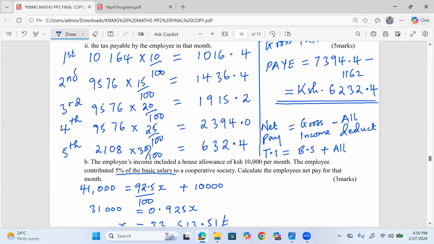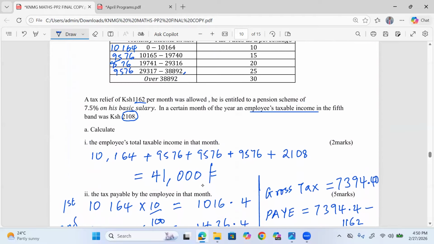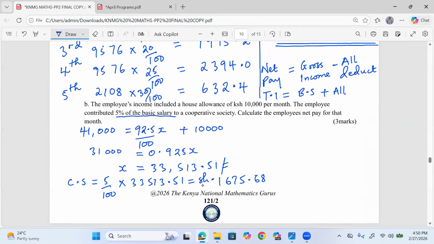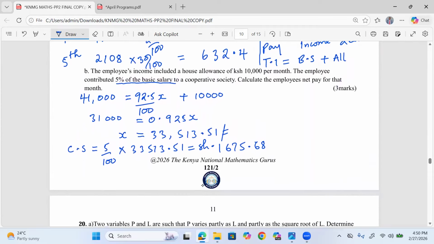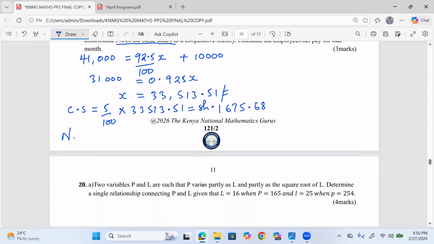The other deduction is the PAYE, and we have it there. Let me check any other deduction. The employee is entitled to a pension scheme. According to the pension scheme, we have already not included it in the taxation, so it is automatically deducted. That one is not contained in the 41,000. Therefore, the net income